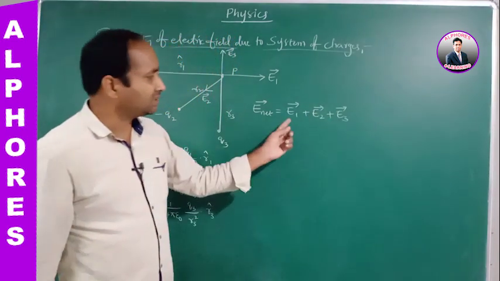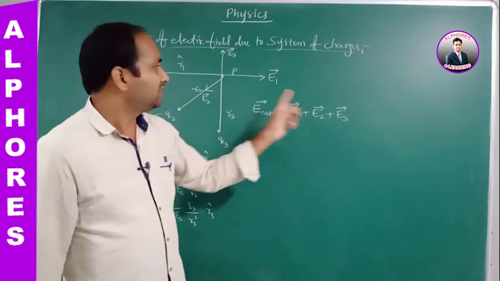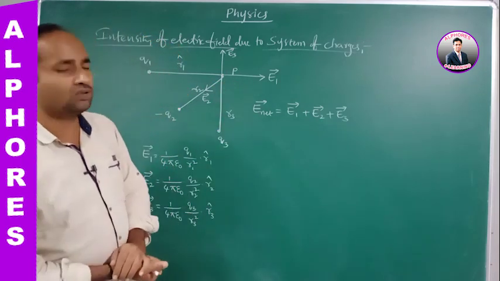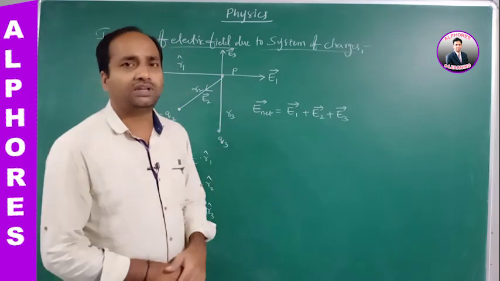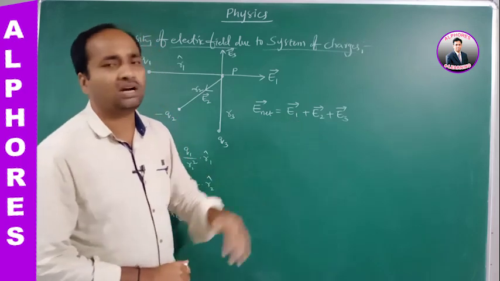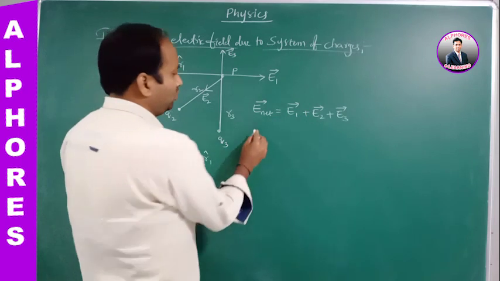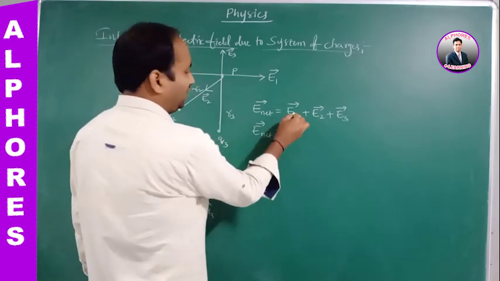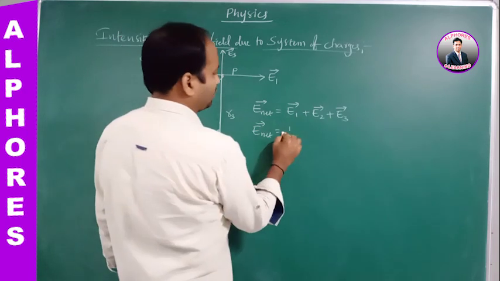E1 bar plus E2 bar plus E3 bar. The net intensity of electric field at any point is equal to the vector sum of the individual intensities of electric field by the principle of superposition. So what will we get here? E net is equal to E1, whose value is 1 by 4 pi epsilon naught